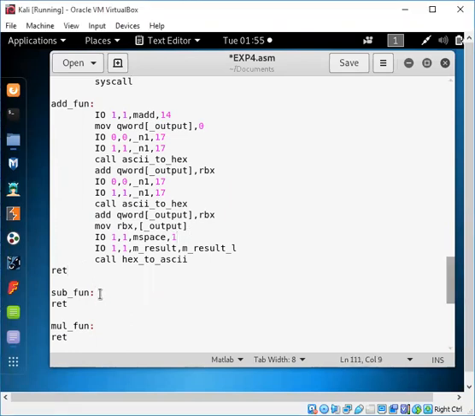The same will be done for subtraction. We'll take the same things, and we'll just type it so that we do not get any issues. If it has more bit values, after subtraction we can keep one extra space for this, with a word, and then it will come to the output.